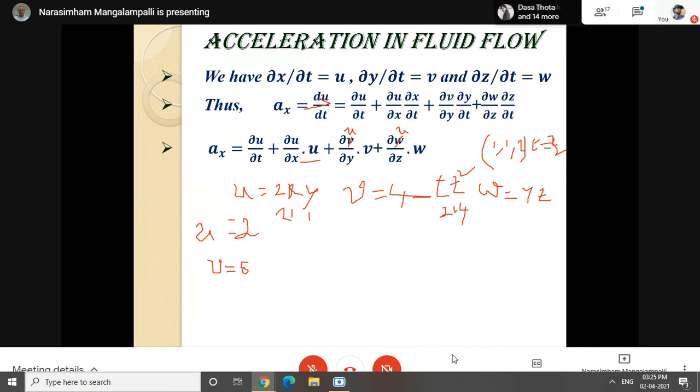Then what is W? It is yz. So y is 1, z is 2, so this is 2 units. Now, what is dou u by dou x? u is 2xy. So dou u by dou x is,